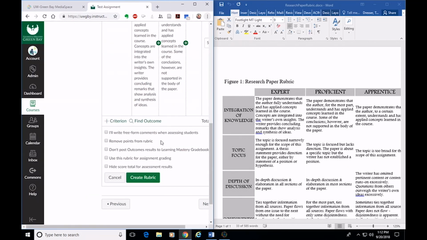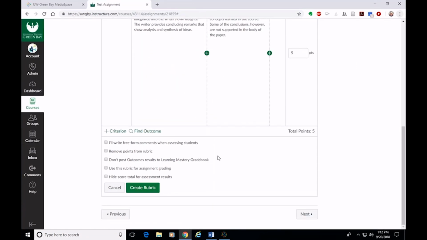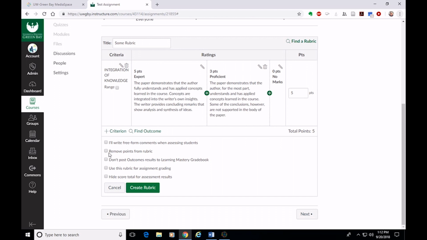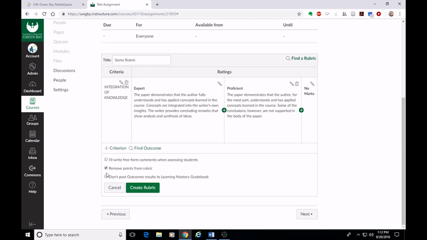You'll notice that there are other buttons at the bottom that you may want to tick depending on the type of rubric you want. You could just have free-form comments rather than the more hierarchical rubric here. You could remove the points if you want. You can